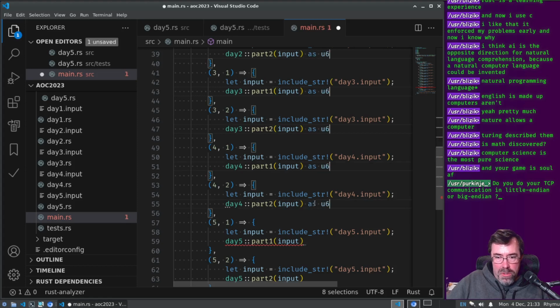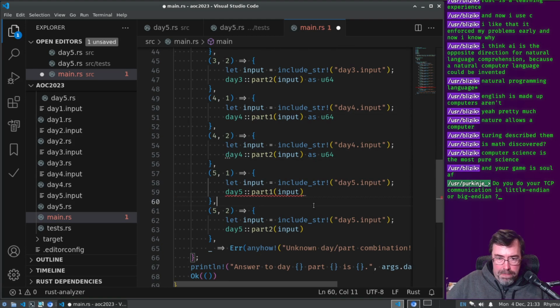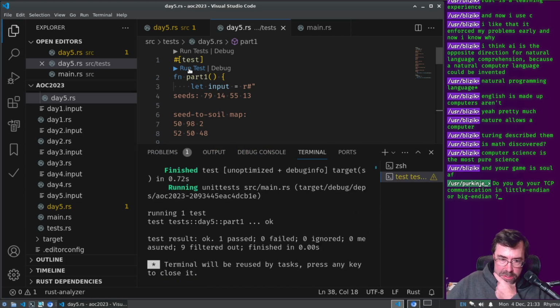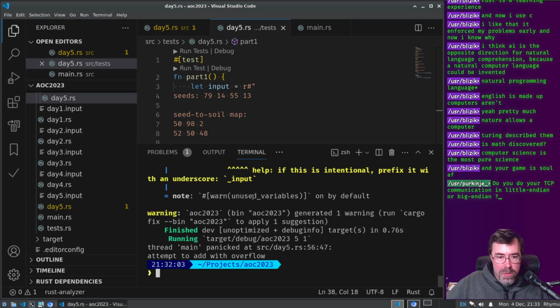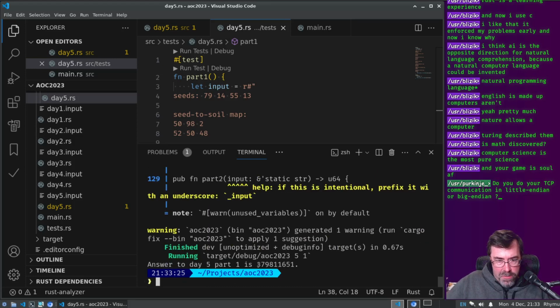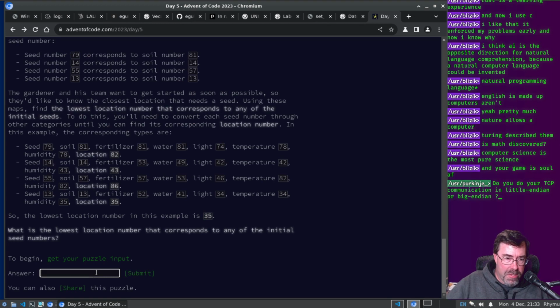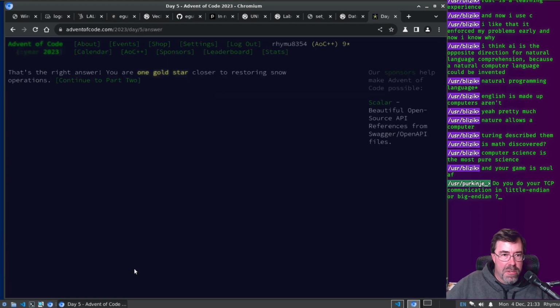We're gonna promote them all. That'll work. All the previous days were returning U32s. Now we need a U64. So, don't panic, please. We got a number that's more than 32 bits. Hopefully is correct. Submit. Yes, we did it.